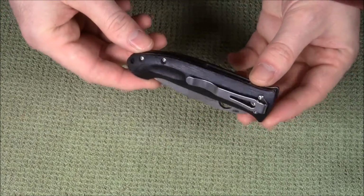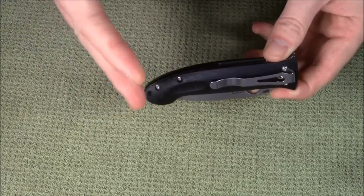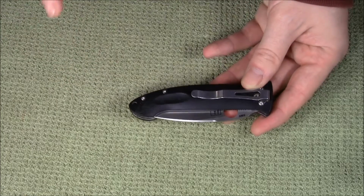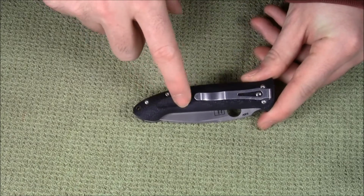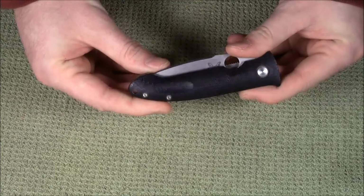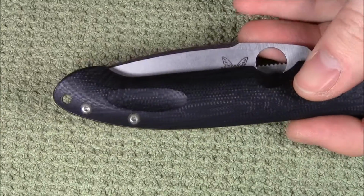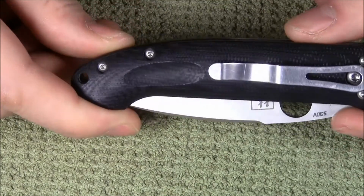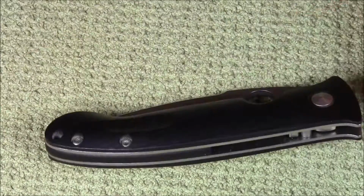One, it is a right-hand side only, tip-down only clip. Which, some knives are like that, it ain't always bad. But it brings me to one of my first points of confusion. What's this? There's one on the other side, too. Now, my confusion on this directly relates to it being a tip-down only clip, because